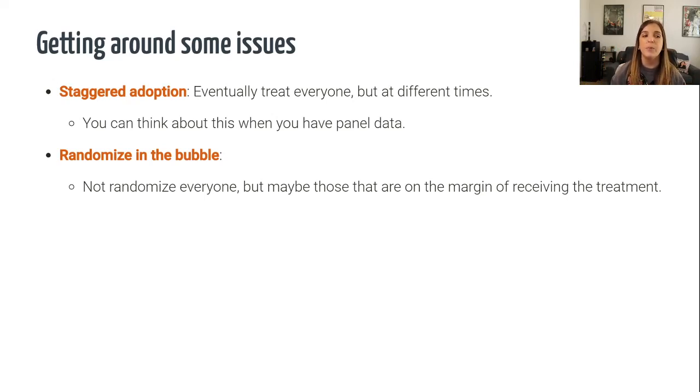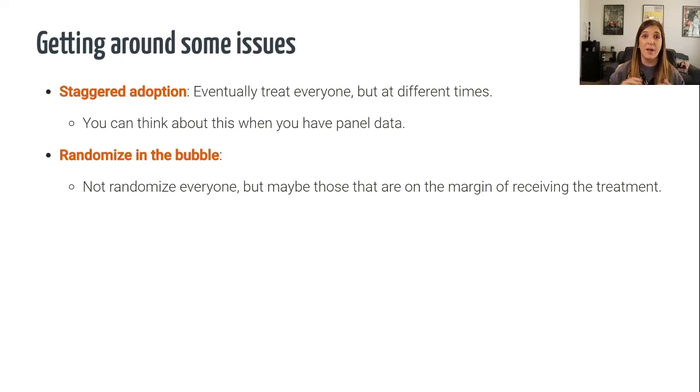The other solution also is randomizing the bubble. So basically the example I was giving, that people have a score and they don't want to budge on that. For instance, think of a university that has an SAT cutoff of, I don't know, 750. They might really not want someone that's at 250, and they might not want to lose someone or not give admission to someone that has, I don't know, 1400, right? So in that sense, you can offer to randomize someone that is on the margin of actually receiving the treatment. If their cutoff is 750, why don't we randomize people that are above 600,